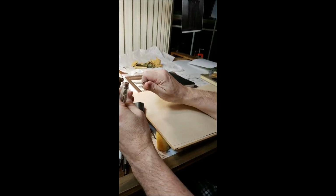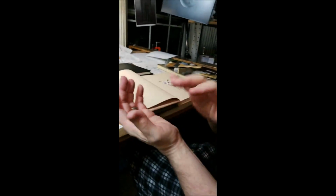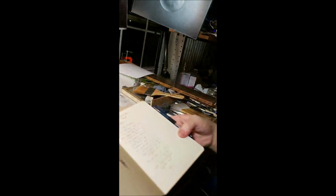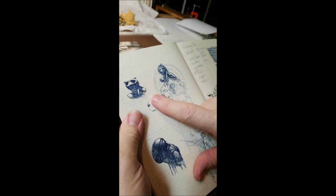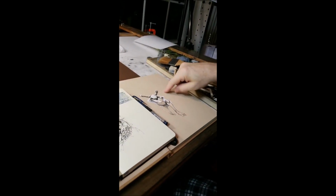These are really nice to sketch with too if you like doing ink work. I like sketching with the slightly fatter one, but then obviously the finer ones if we're going into detail. Let's look at the sketches you've done with them. Well, I haven't done anything that's supposed to be finished, but the closest one would be that one. This one was just something I was playing with to see how it worked on this